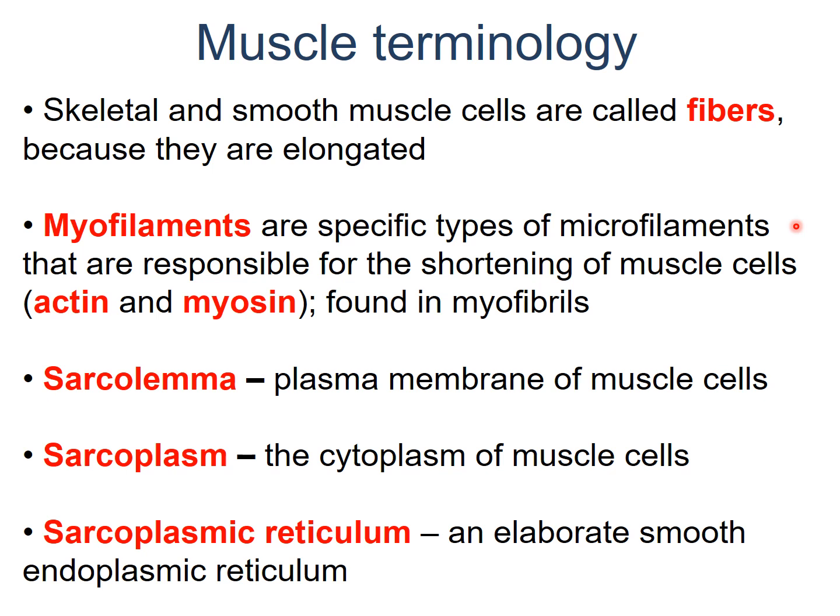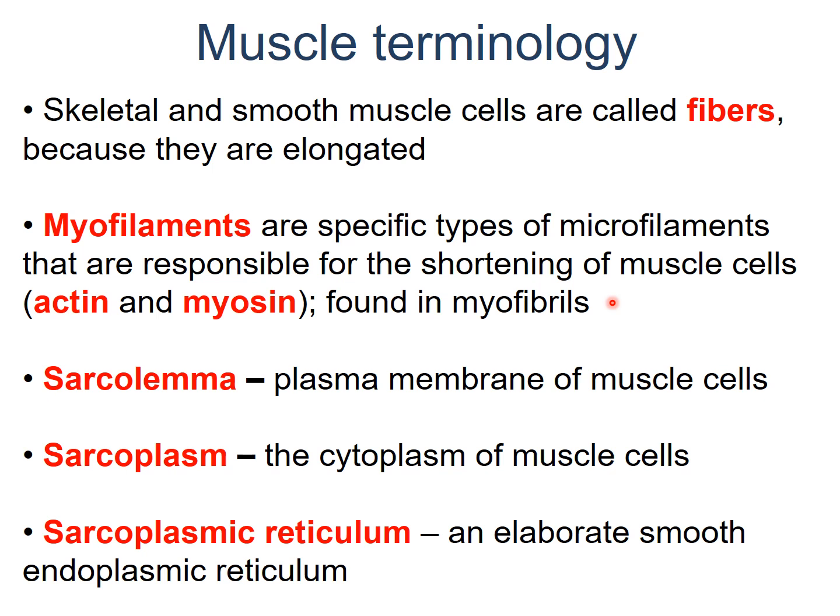Okay, we are also going to see these things called myofilaments. These are specific types of microfilaments that are responsible for the shortening of muscle cells. Specifically, we're going to be looking at two proteins, actin and myosin, that are going to make up these myofilaments, and they are going to be found in these structures called myofibrils. There's a lot of new terms here, but all of these terms we're going to address in the coming slides,